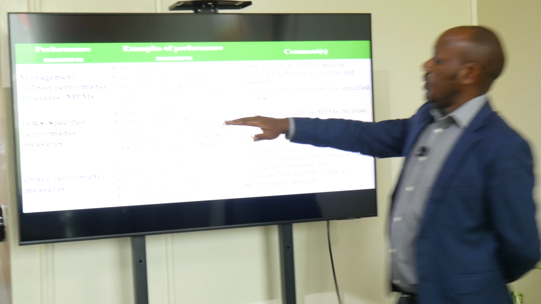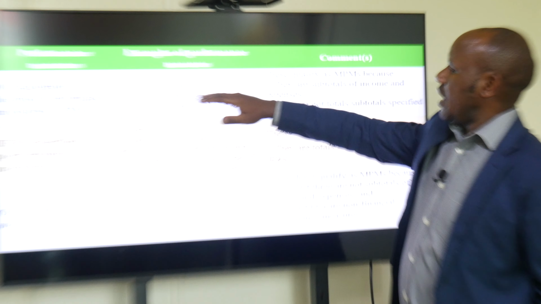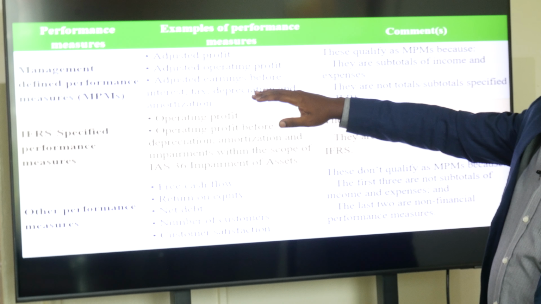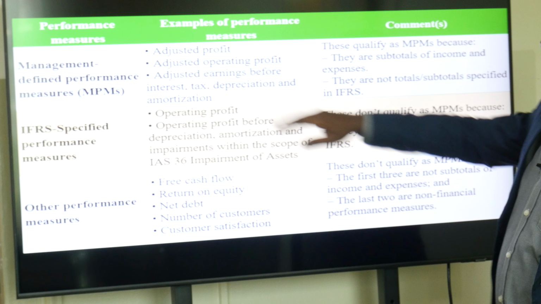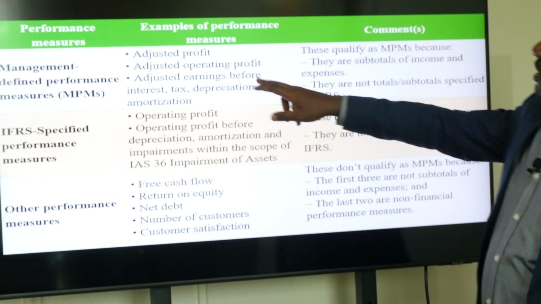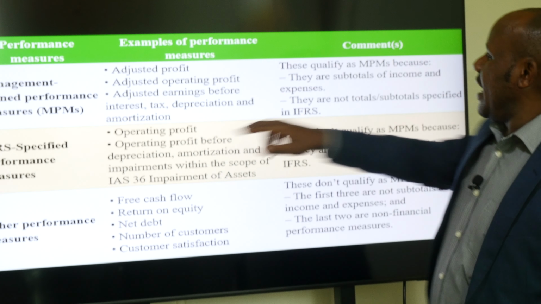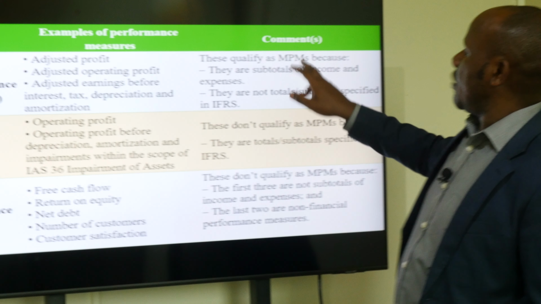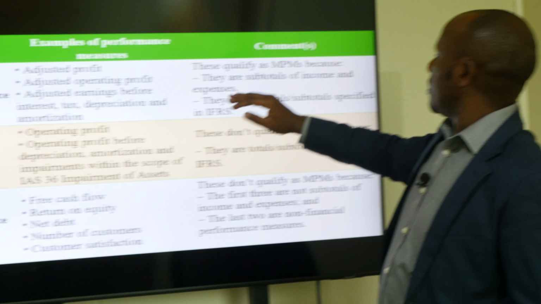So, examples. Let's say adjusted profit, adjusted operating profit, adjusted earnings before all that, you know, EBITDA. This qualifies, they qualify as MPMs because they are subtotals of